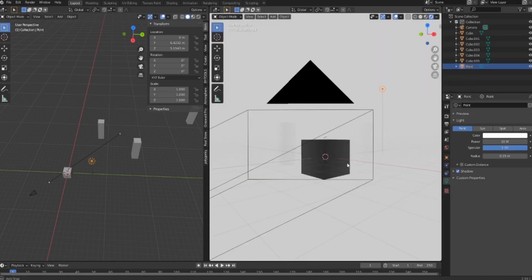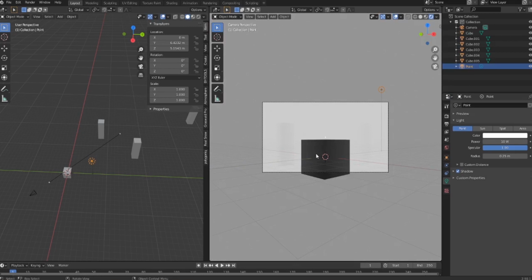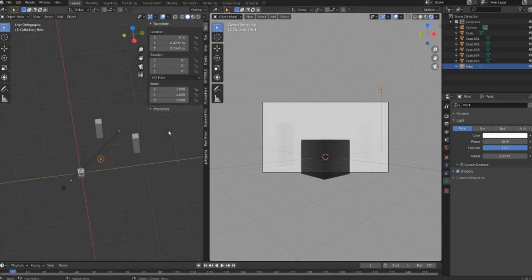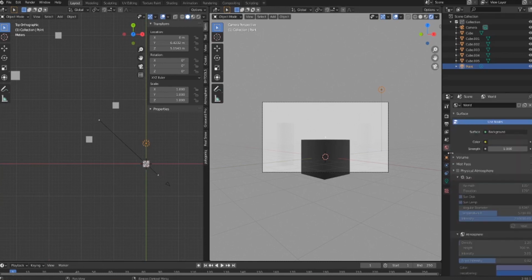And so you can see what it's doing. Anything that's really close to the camera is really dark contrast, and anything that's further and further back away is really bright white. So it's actually clipping: the whitest portion of this image is at this distance from the camera, at this point right here, and the darkest point is at this point closest to the camera. And the way to affect that is actually in your